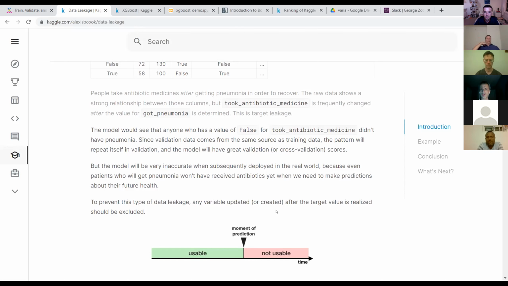Sometimes it's more subtle. They describe a good example here: it may not be immediately obvious, because many variables don't have a timestamp, and so sometimes it takes going into the data dictionary and the detailed description of what the variable means to really understand whether at inference time in a real production setting you would actually have that variable.